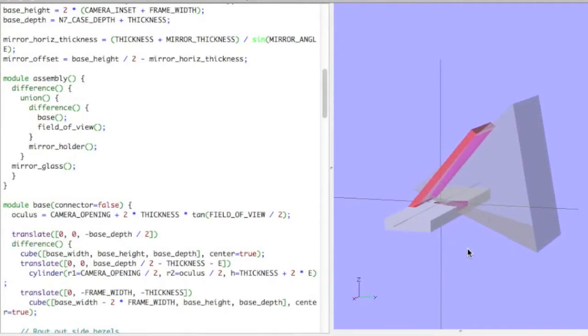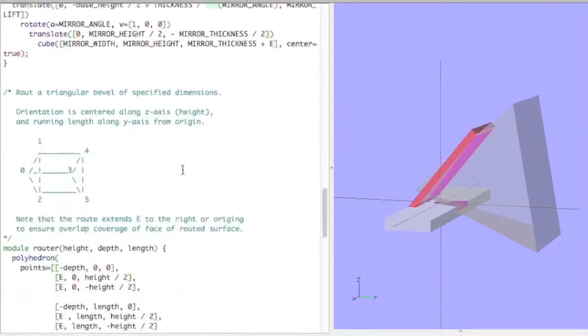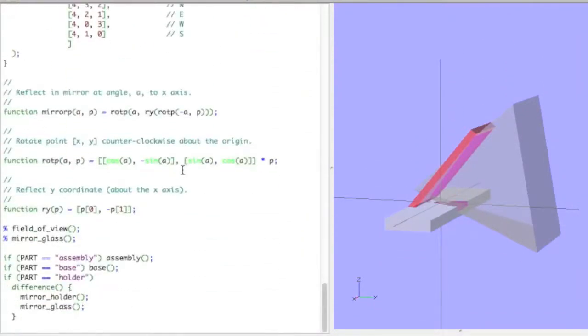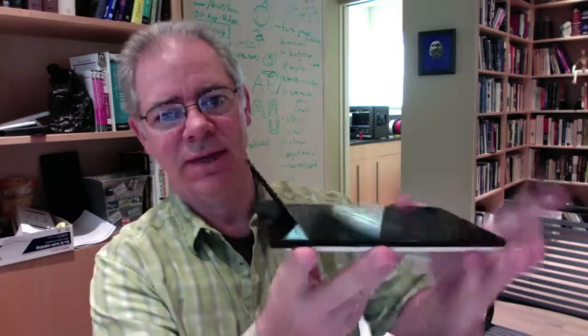So first you have to describe a three-dimensional object. Now it looks like this is kind of like a lot of computer code over here. This is describing the object. The older Nexus 7 only had this front-facing camera, no rear-facing camera. So this is about the design of a mirror holder that slides, it fits perfectly over the Nexus 7, and then will hold a mirror over the camera so that you can then